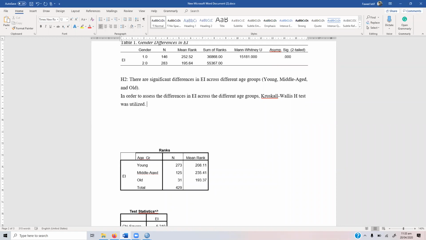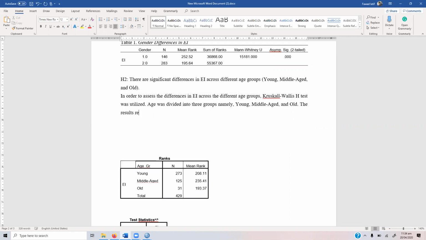Age was divided into groups, namely young, middle-aged, and old. Now, the results revealed